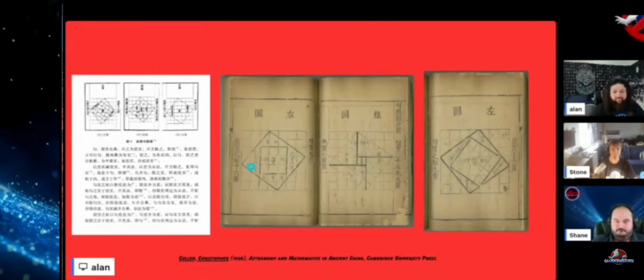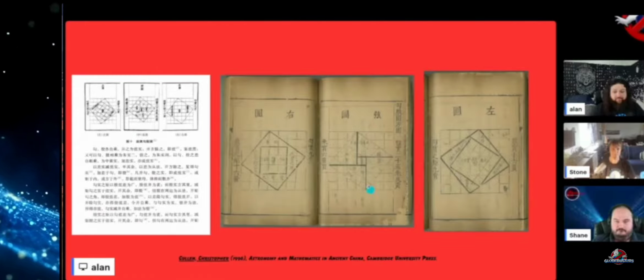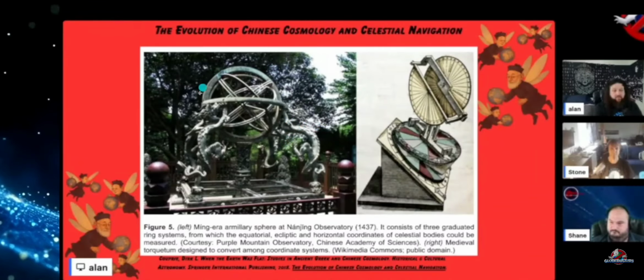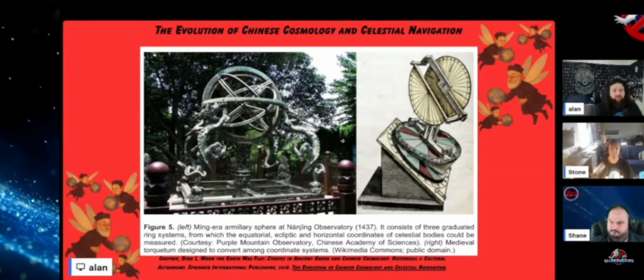So the same way that a meter is defined by a terrestrial meridian, 1 billionth of a terrestrial meridian, they had the same thing with a unit for a Li. And it's internally consistent because it's defined by the coordinate system itself that they were using, which was a celestial sphere model. And they made armillary spheres. In particular, they made equatorial mounted ones, which tell the positions of the stars, sidereal positions, versus the ecliptic ones, which tell the positions of the sun throughout the zodiac of the year.